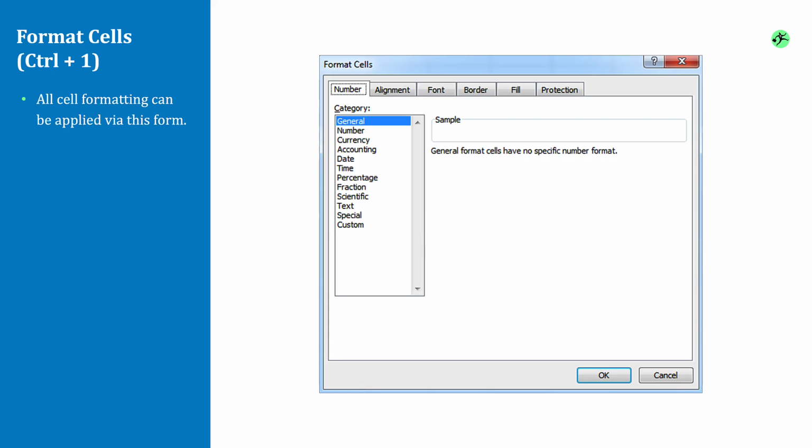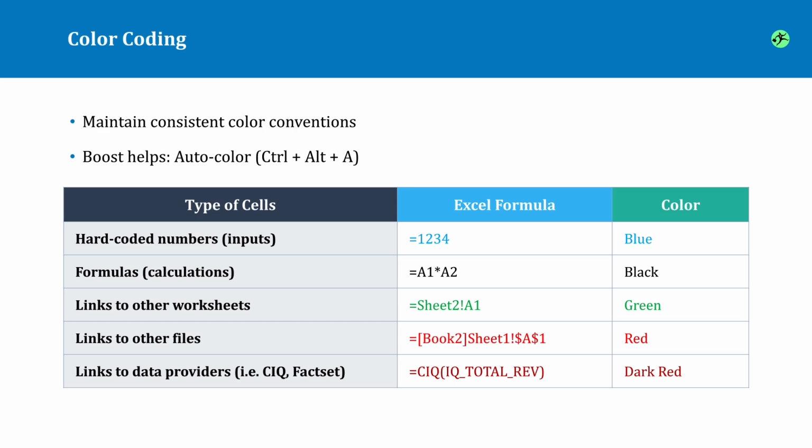So format cells, we had already opened up using Control 1, the format cells dialog box, and just always bear in mind, even if you've forgotten shortcuts, that any cell formatting can be applied via this form. Color coding we touched on, so let's be pretty explicit about the color coding convention that we're going to follow and the one that's typically followed on the street. Hard-coded numbers are blue, formulas are black, links to other worksheets are green, links to other files are red, and